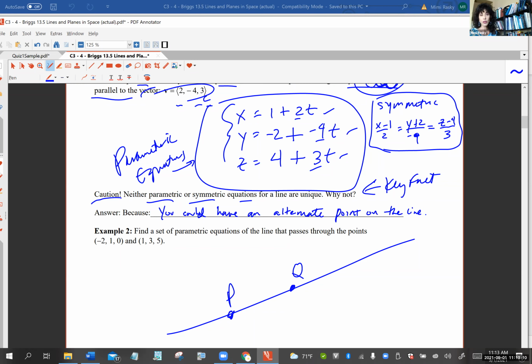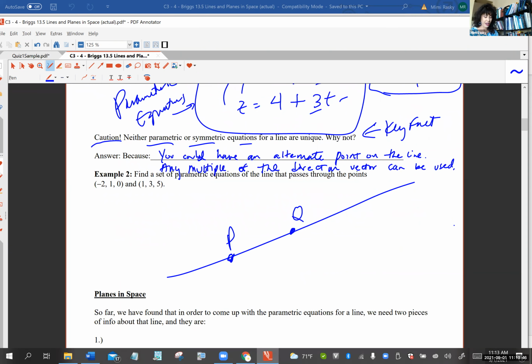So you could have an alternate point. And the second reason is any multiple of the direction vector can be used as your direction numbers, as long as it's parallel to your line. You're good. Okay, so let's take a look at example 2,